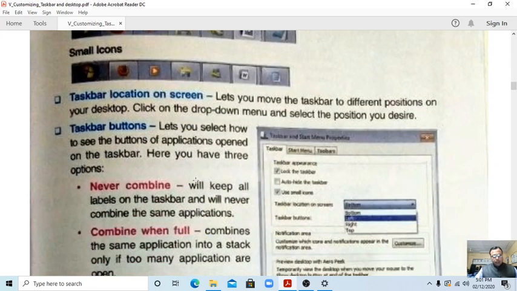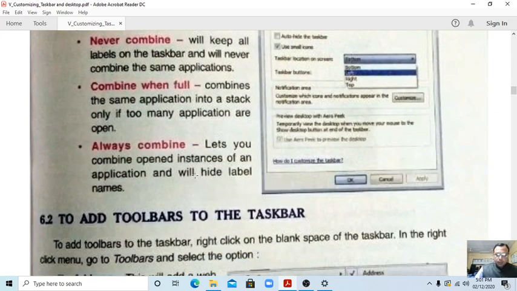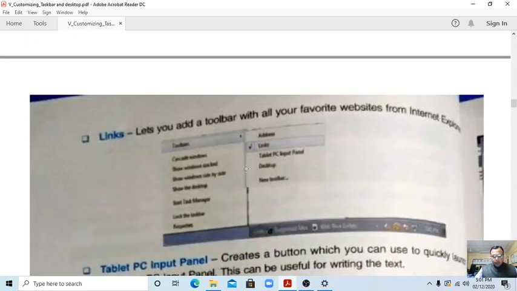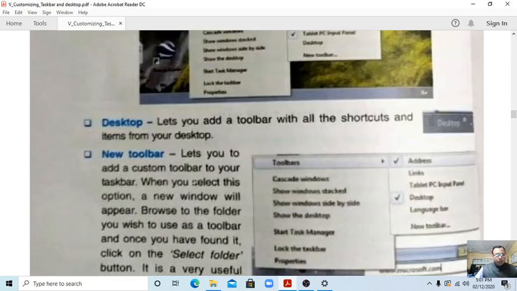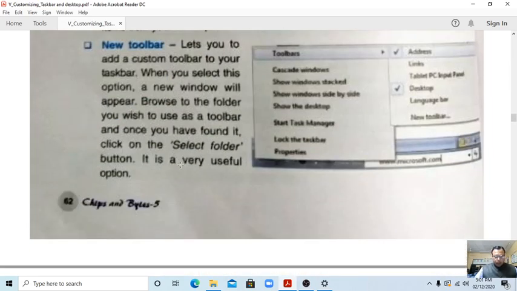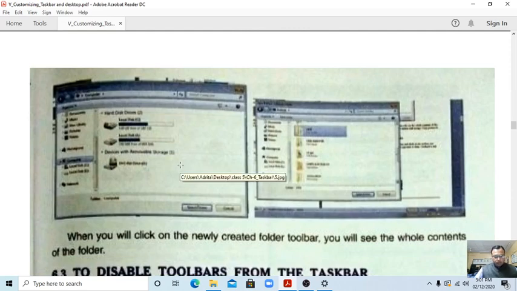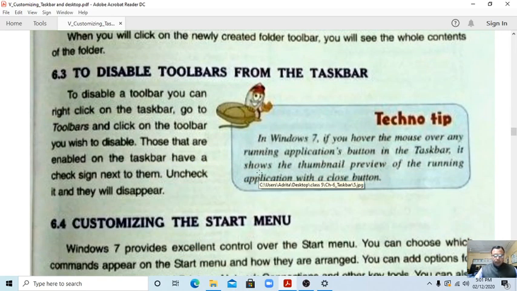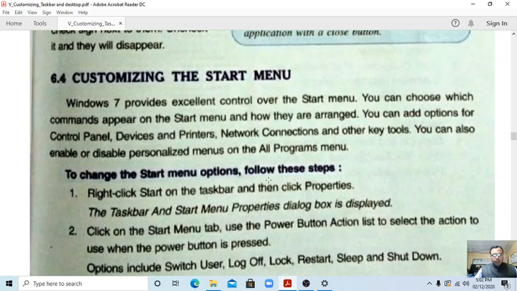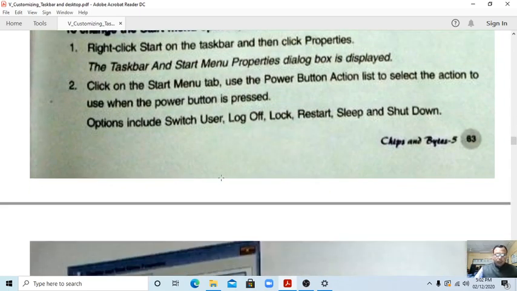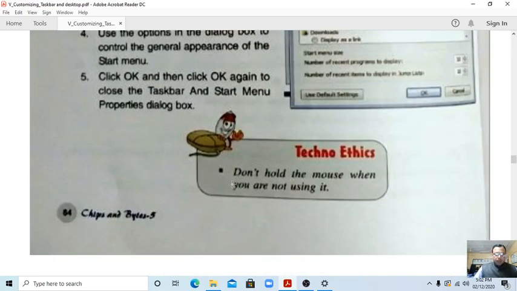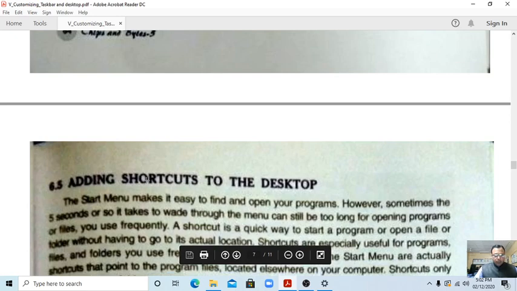All these things we have done, and you have to practice, students. And how to add toolbars onto the taskbar we have also done. How to add new toolbars on the taskbar, how to disable the toolbars from the taskbar, how to customize the start menu, how to change all things. This is all Windows 10, all are present. So up till here we have done, students. And next we will discuss this, students.